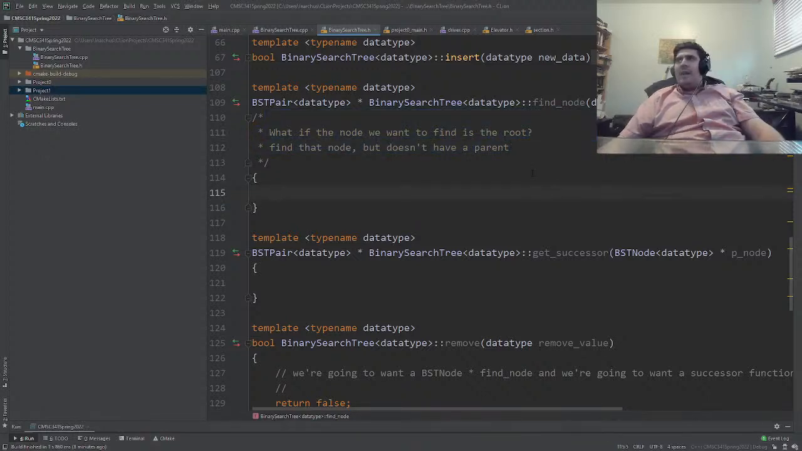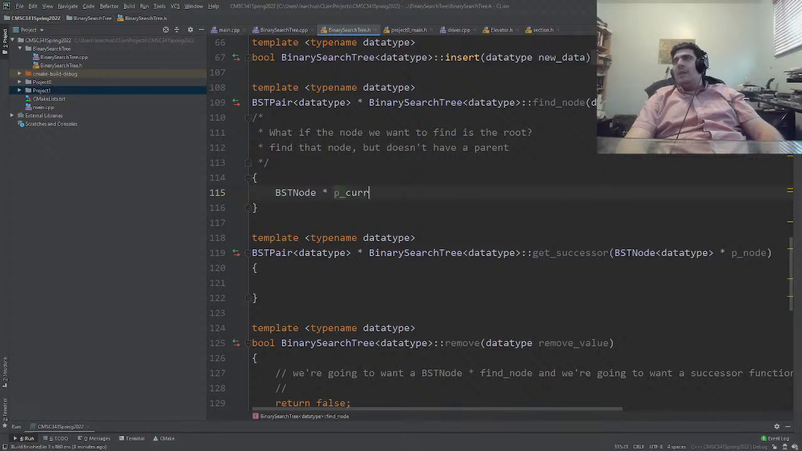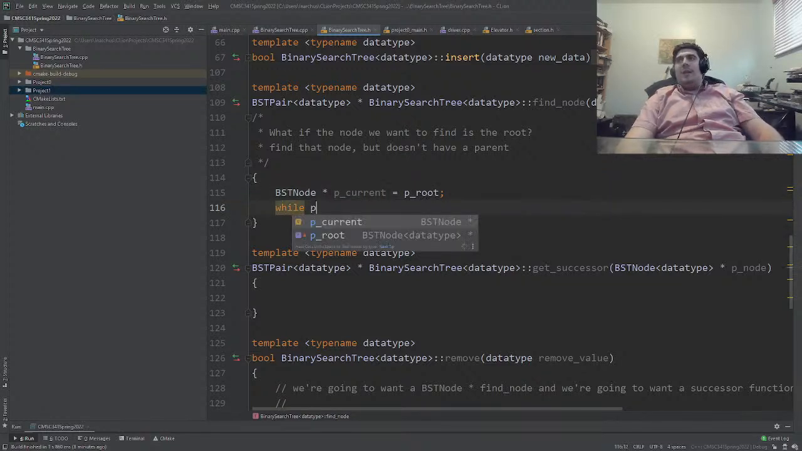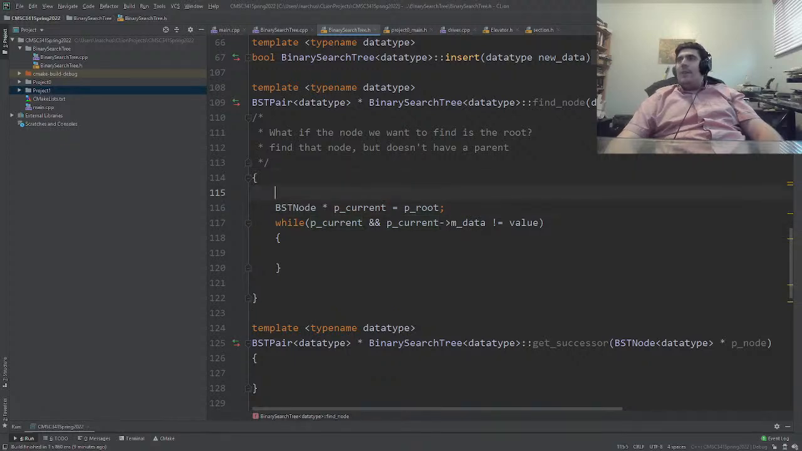Anyway, so let's just find the node itself. So let's say BST node pointer p current equals p root, right? And what we'll do is we'll say while p current's m data is not equal to value, right? What we'll do, and I guess we also need to check while p current, right? And so what we'll do here is we'll say